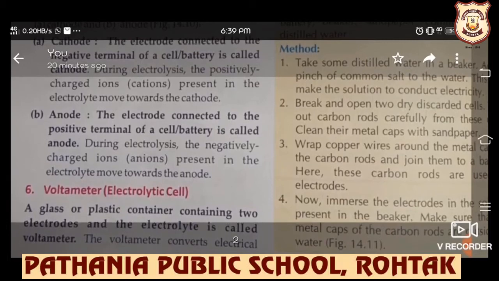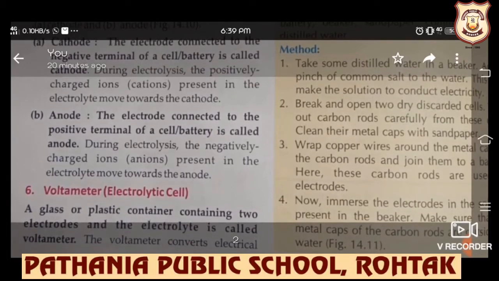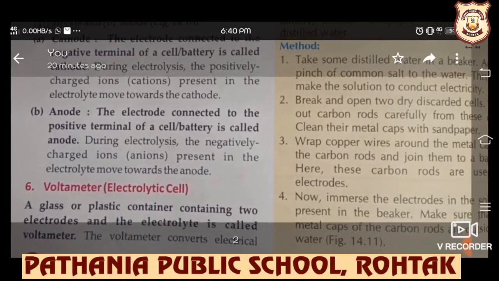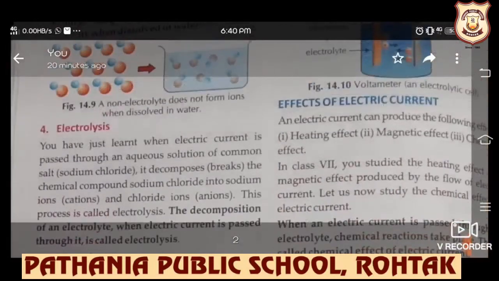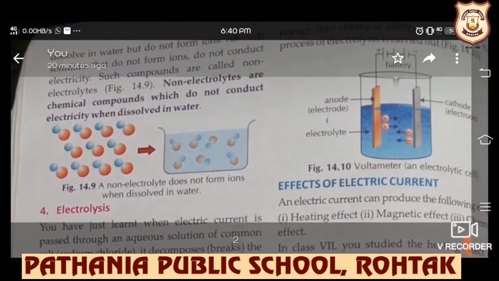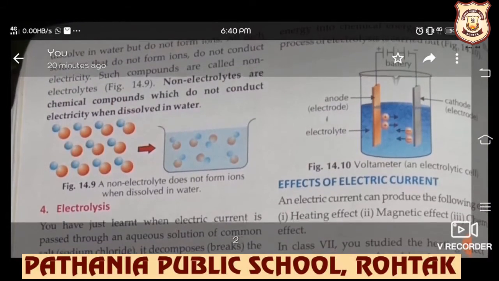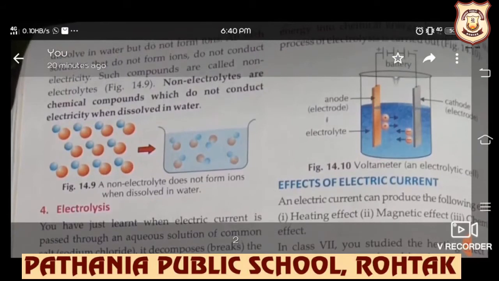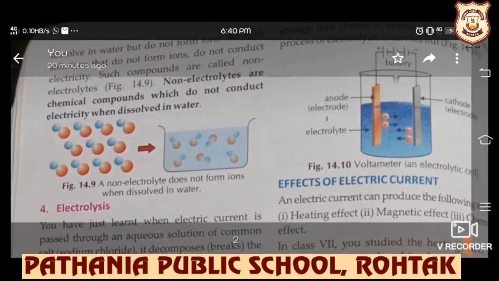So the voltameter, what is the function of a voltameter? A voltameter converts electrical energy into chemical energy, and in this the process of electrolysis is carried out. I will explain this with the help of this diagram. You can see here,